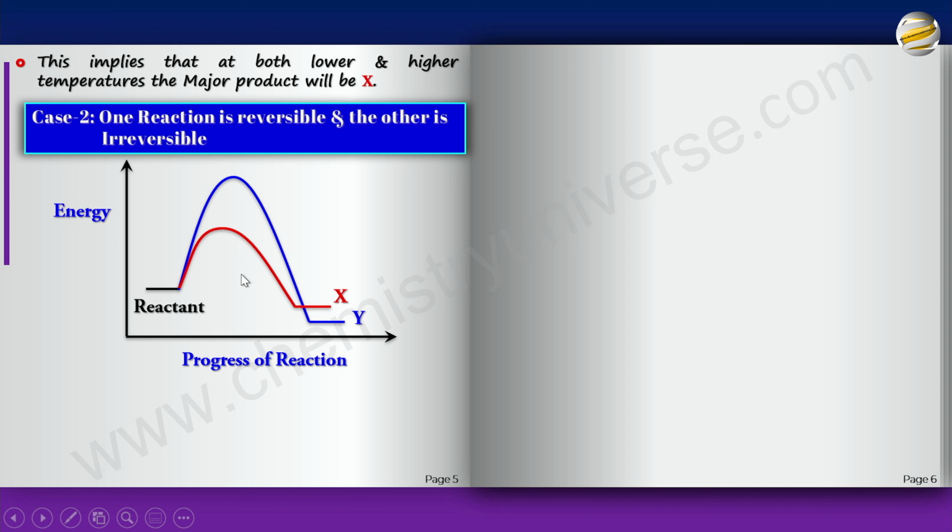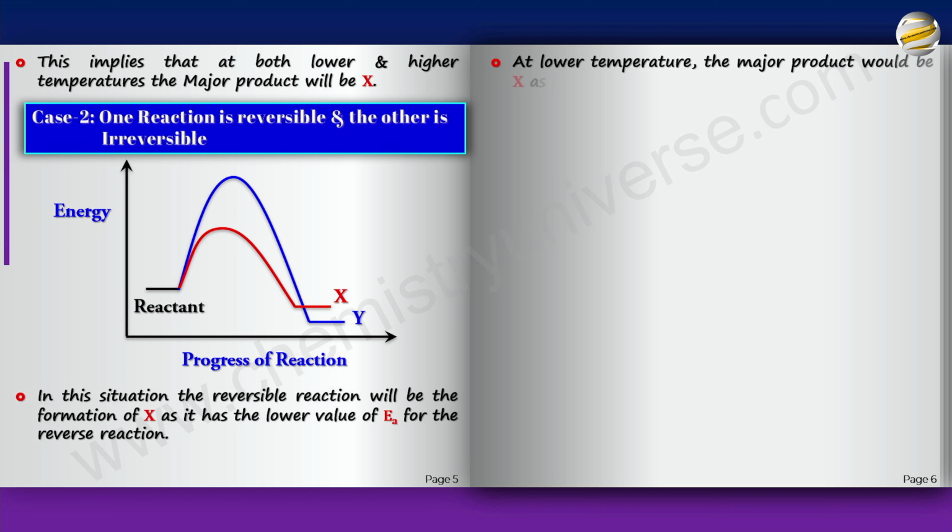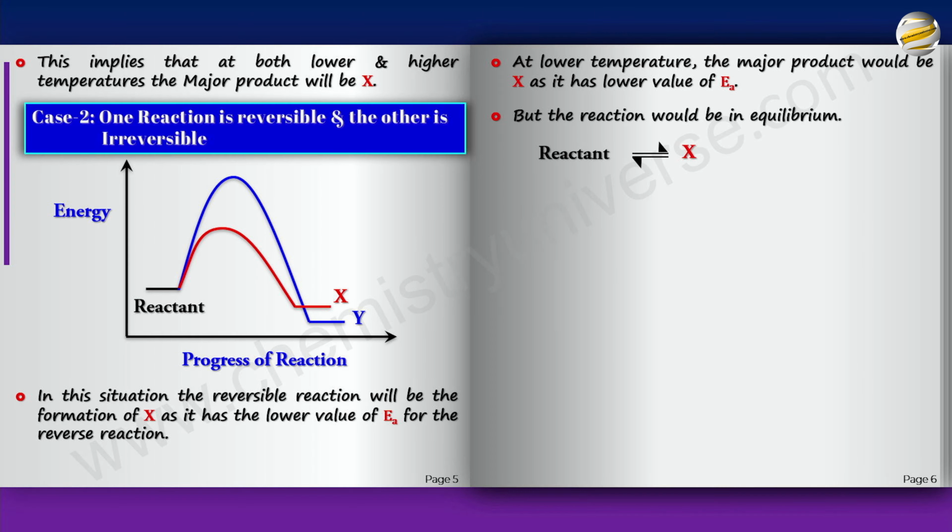So if I were to give you an option of which is reversible and which is irreversible, you definitely pick X to be reversible and Y to be irreversible. So here X is reversible and Y is irreversible. In this situation, reversible reaction will be the formation of X as it has lower value of EA for the reverse reaction. Now at lower temperatures, the major product would be X as it has lower EA. So this we have already discussed. But the reaction would be in equilibrium. So it won't be reactant giving X only, it will be reactant in equilibrium with X,